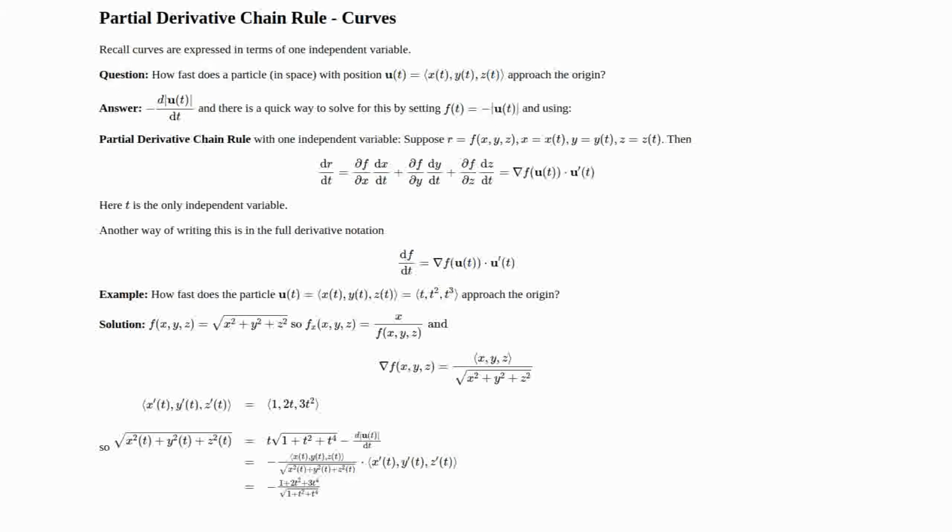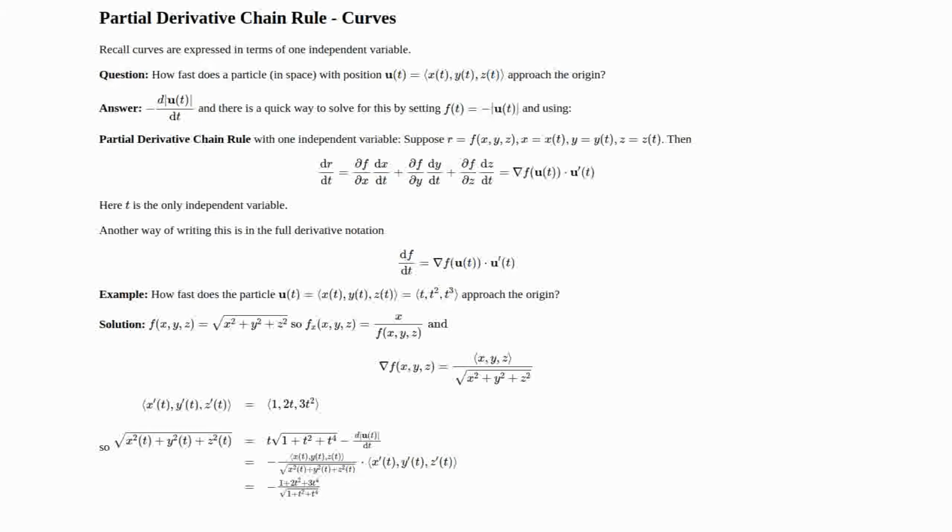We can also look at the distance, which is the square root of x(t) squared plus y(t) squared plus z(t) squared. And then simple algebra shows that that's t times the square root of 1 plus t squared plus t to the fourth. Now we can substitute all this into the formula for df/dt, with f being equal to the Euclidean distance of u, and find that minus du, minus the derivative of the size of u with respect to t, is